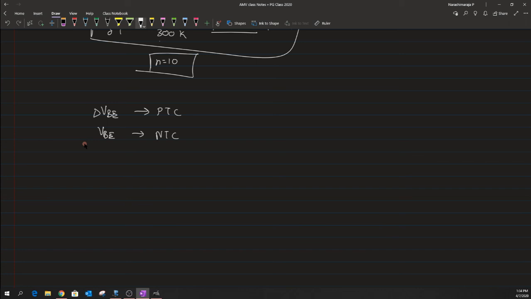For that we just need to combine these two factors. So basically, first let me draw this combination. We just need to add both these circuits in order to create a V reference circuit, and this V reference circuit